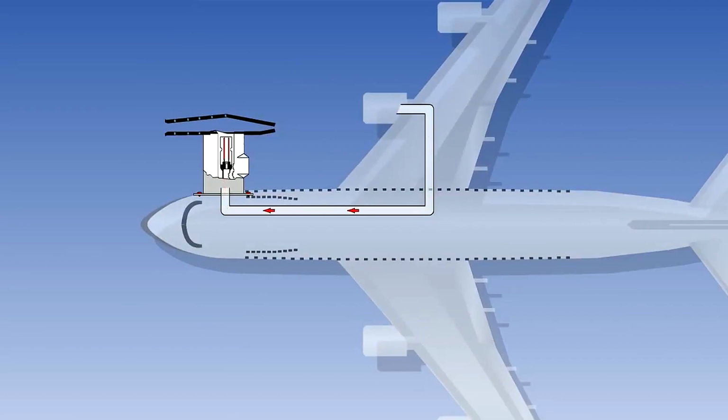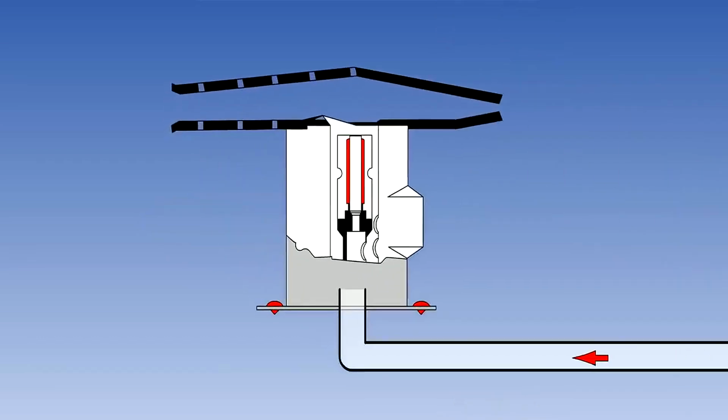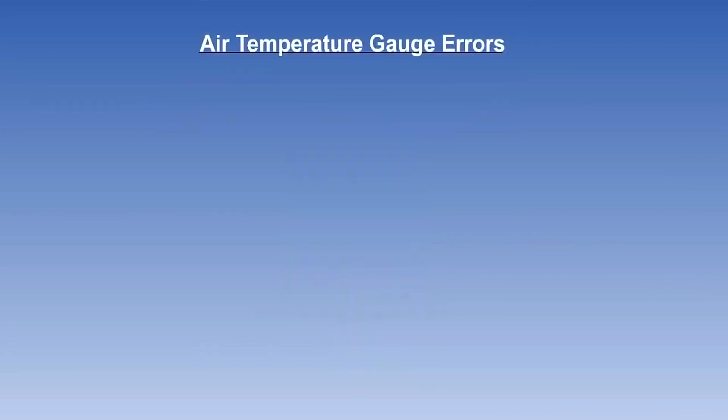To re-establish an outside air flow within the probe, an air-to-air ejector or aspirator is used. The principle we can see in operation here is that pressurized bleed air is being drawn from a compressor stage of a running engine or auxiliary power unit and is being fed through the aspirator. This creates a negative pressure differential within the sensor casing which draws fresh outside air past the sensor element.